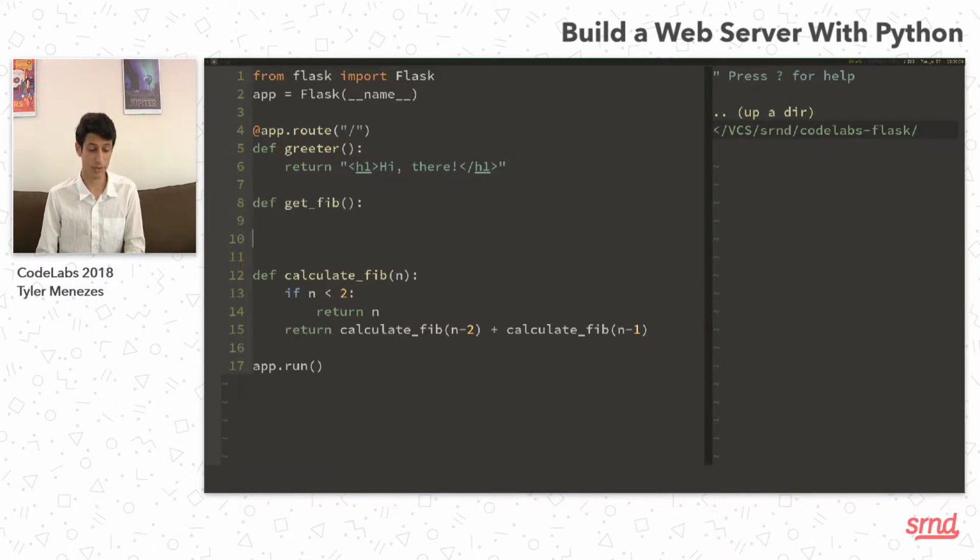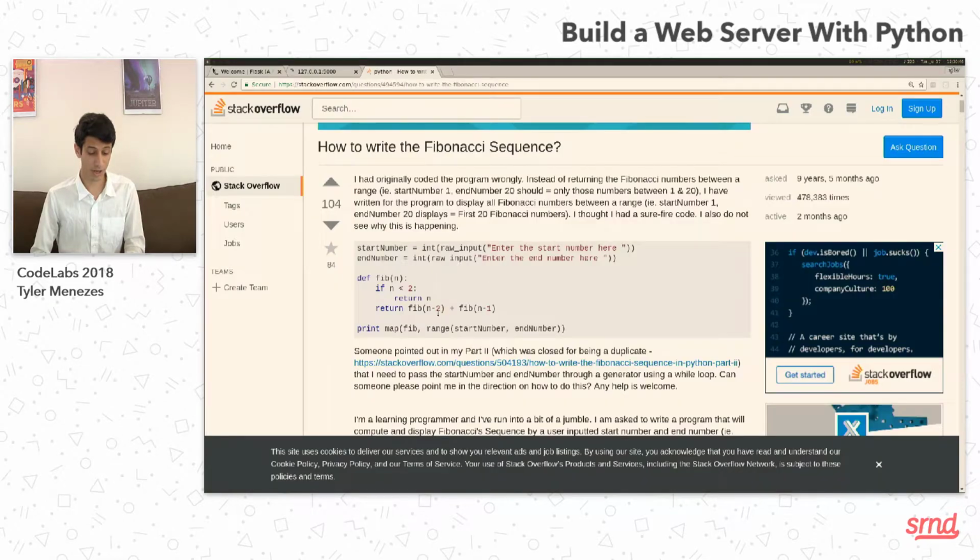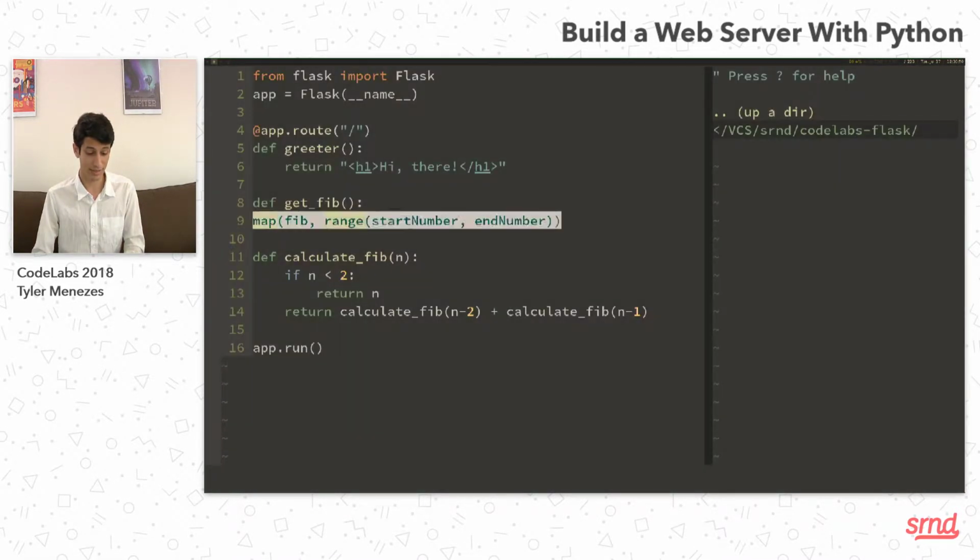It doesn't take any parameters. We'll talk about how to make it take parameters later. But what we can do is have it get fib, right? It will get the Fibonacci sequence. So we can copy and paste the rest of their code, the part where it actually prints out the Fibonacci sequence. And what it will do is it will return